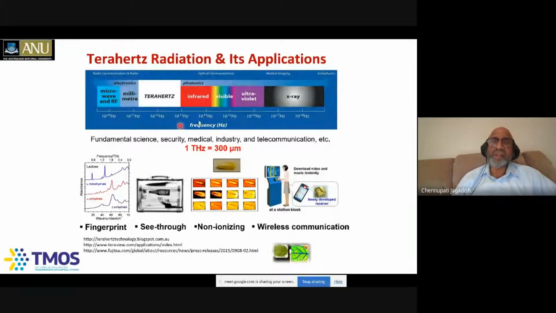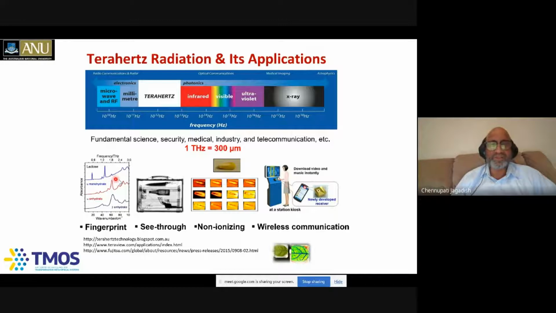There was a gap called the terahertz gap for many years. During the last 20-25 years, compact terahertz sources and detectors have been developed by many groups, including us, and we're also involved along with Oxford University. And why are people interested in the terahertz part of the electromagnetic spectrum? Many chemical molecules or biomolecules have signatures in the terahertz part of the spectrum.